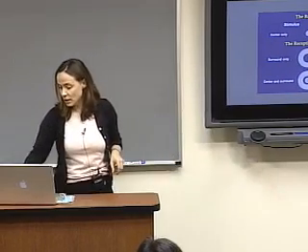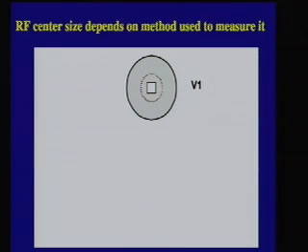So we now know that the size of the receptive field of a visual cortical neuron depends on the way it is measured. A classical way that receptive field size has been defined is as the minimum response field, which is usually mapped using very tiny visual stimuli moved back and forth inside the receptive field. This is the traditional Hubel and Wiesel method of describing a receptive field.